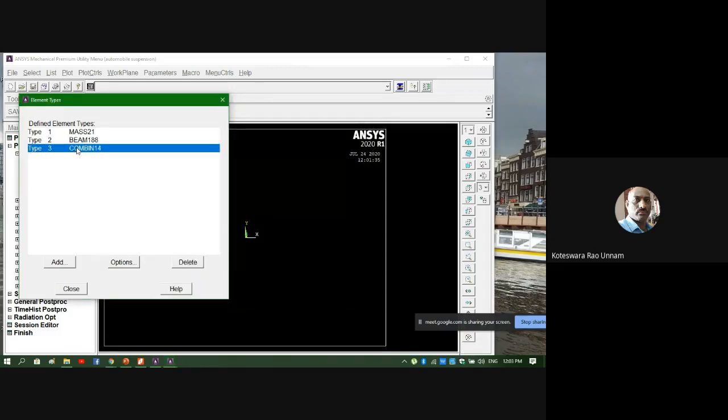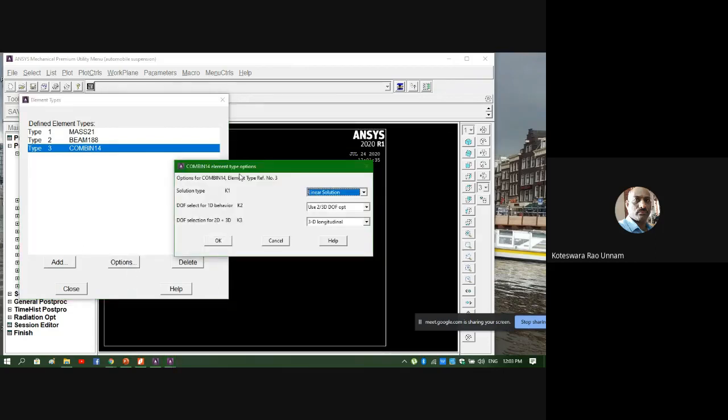For combination 14, you need to select what type of spring it is, whether it is a linear spring or a rotary, torsional spring, or how many degrees of freedom there are, whether it is 2D or 3D. So here you can select longitudinal UX, UY, UZ, rotational X or something like this, depending upon the application you want. You can select anything here.